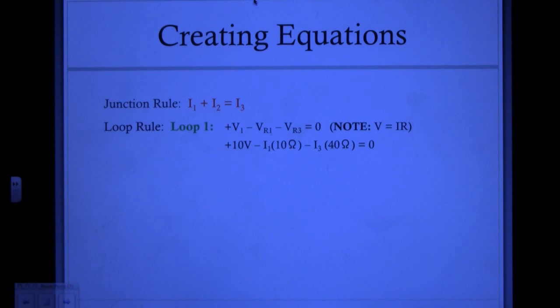Next, our third equation comes again from the loop rule, but for loop 2. We insert 20 volts for V2. We call this positive because we're moving from the negative terminal to the positive terminal of a battery. For resistor 2, we do not know the voltage, so we insert I2 times 20 ohms from the equation V equals IR. Again, we keep the minus sign out front because across a resistor, we call the voltage negative. And for resistor 3, we do not know the voltage, so